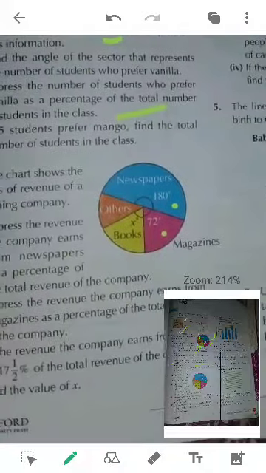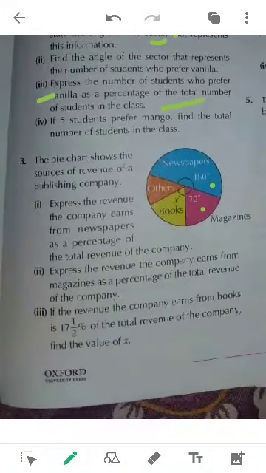So this is how a pie chart works. The main theme of the pie chart is that you have to represent each quantity as the angle ratio of the total angle of a circle. Now question number 3 is up to you. It's a very similar question to the previous one. Again, two angles are given to you, and you have to find the other angles. The information about one angle is given. So best of luck with this question, and if you find any issue, you can surely ask me. Thank you.